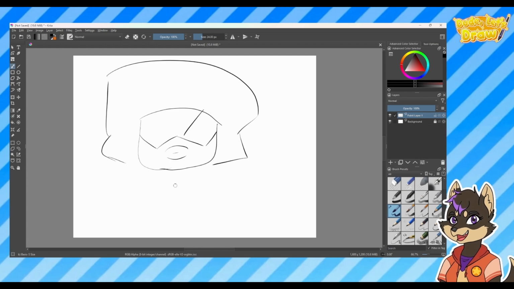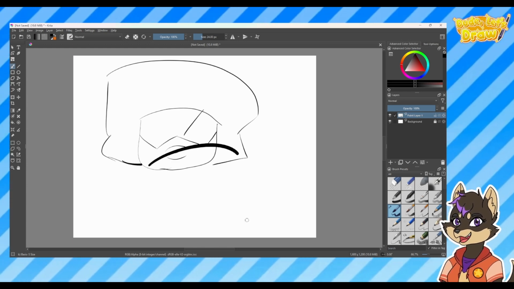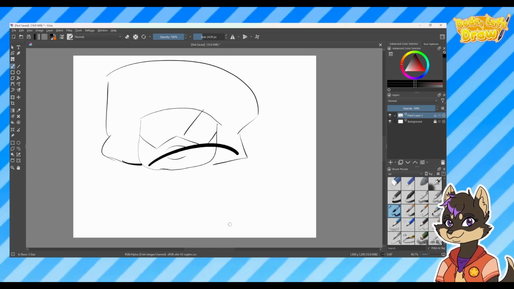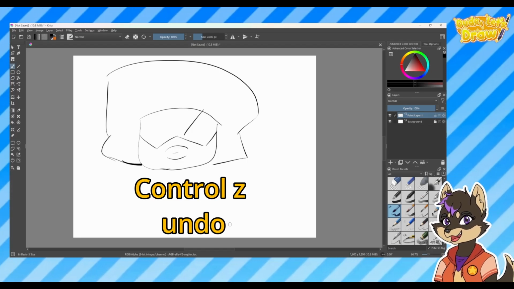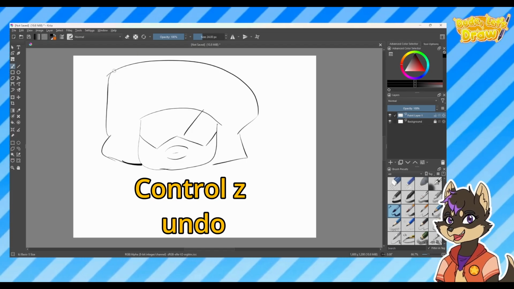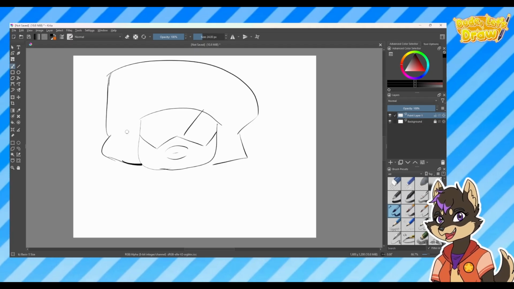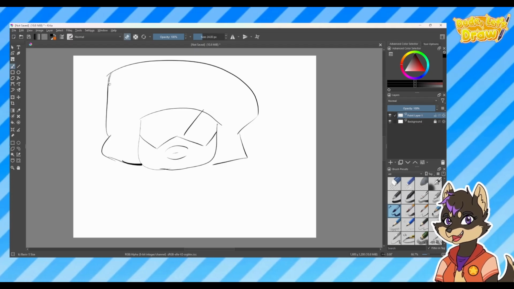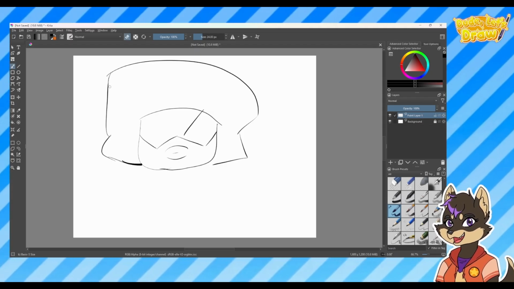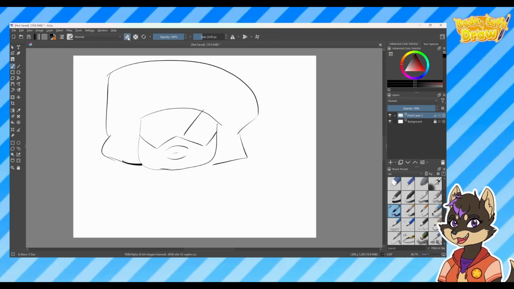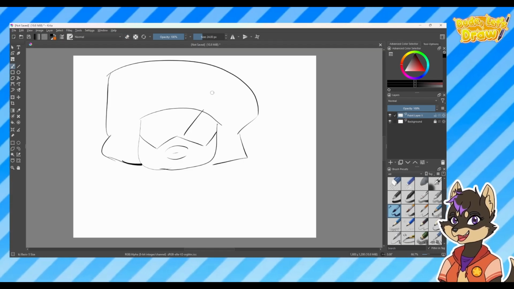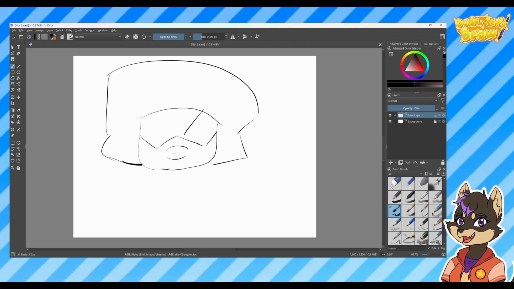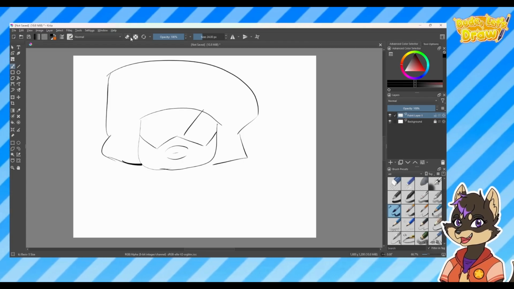Cool. And I'm like, oh no, I made a boo-boo. Just press Control Z, or if you're on a Mac, Command Z. If I want to use the eraser again, I press E for erase. I can get in there and erase it, and make sure to turn this off. It's really tricky, because I noticed one time I was drawing and it wasn't working, and it's because the eraser at the top here